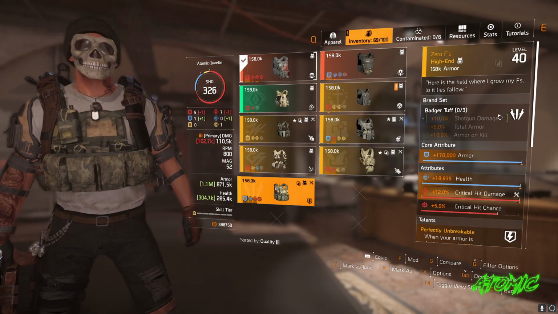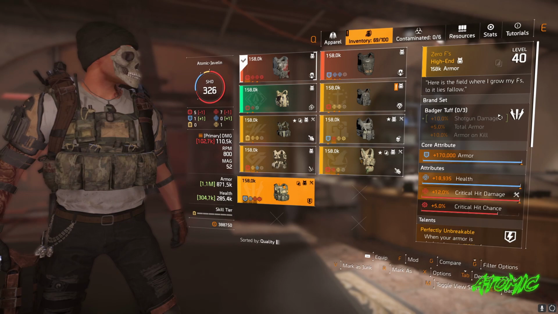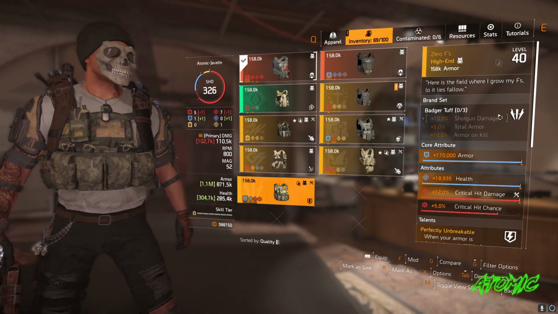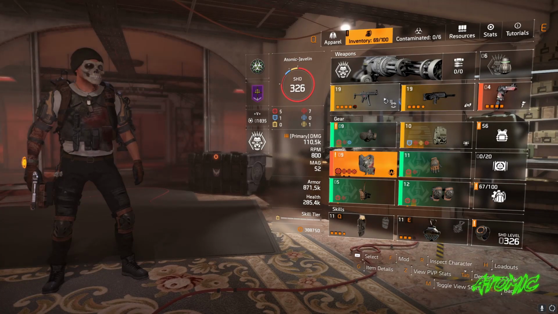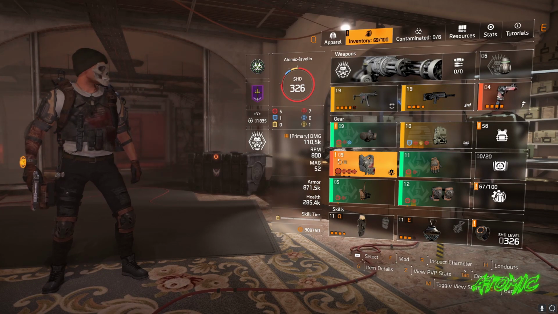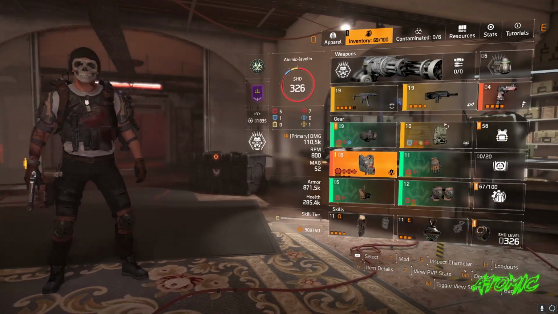I had a 0 Fs in my stash, and it wouldn't let me donate it because it was from a previous season, and I had to grind for it. It took me like 2 days. So, after you get the Sadist weapon donated and the 0 Fs chest piece donated, you'll get another step in